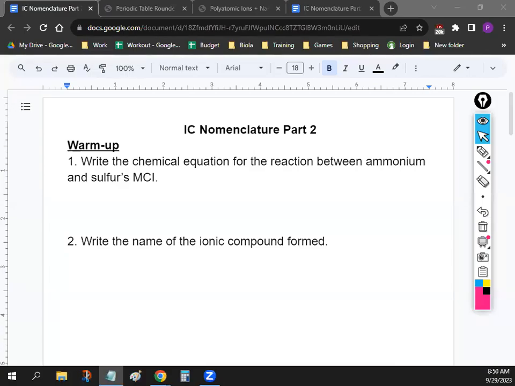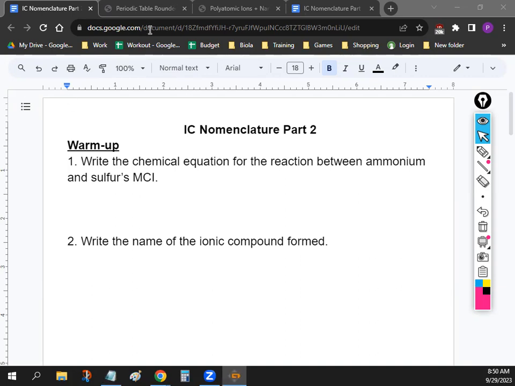All right, so we're just gonna review real quick what we did last time. I'm gonna go through number 1 really quickly, but because we've been doing this for about a week now, it shouldn't be too bad. So when we take a look at the chemical equation for ammonium and sulfur's MCI, first we're gonna go to